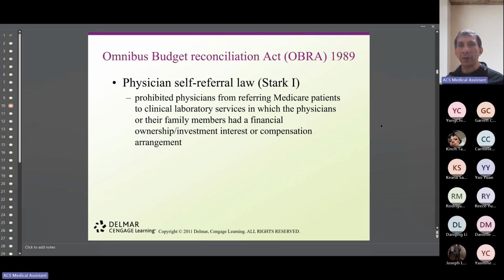Okay, so that will be the physician self-referral law that is also commonly known as the Stark law. So remember these laws because these are very common on exams. So with the Stark law and the kickback, they're going to give you a little sample and you're going to have to know whether it's the Stark or the kickback. Remember, kickback is I refer you, you refer me, I get paid for it. For the physician self-referral law, generally they don't use this term, they use the Stark law.